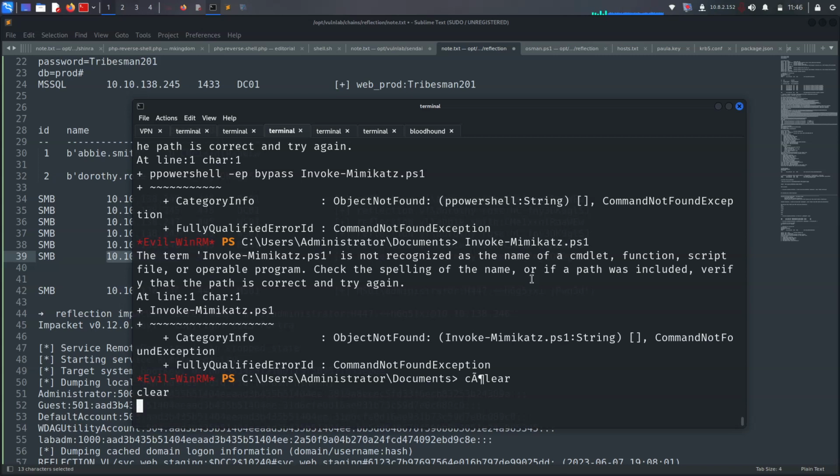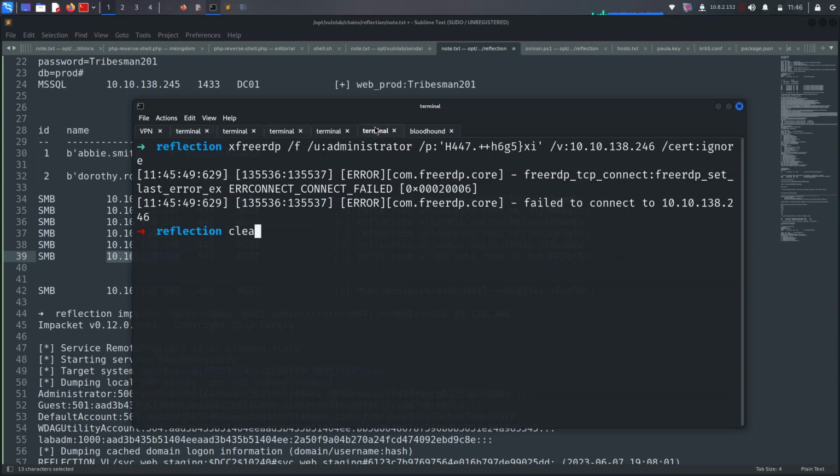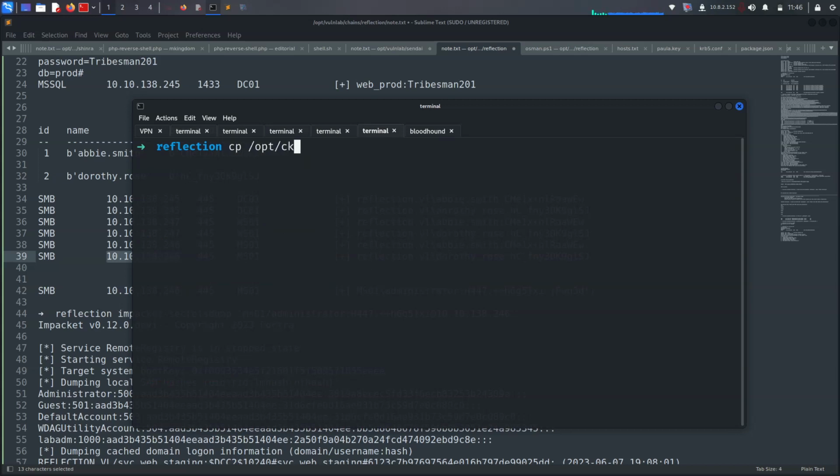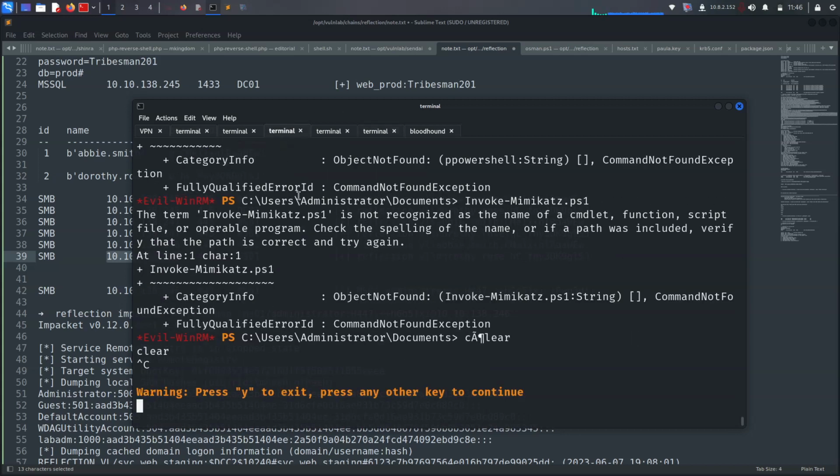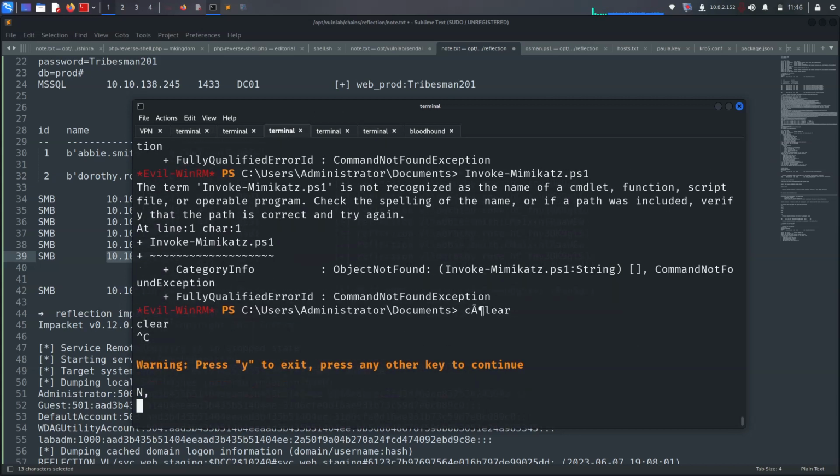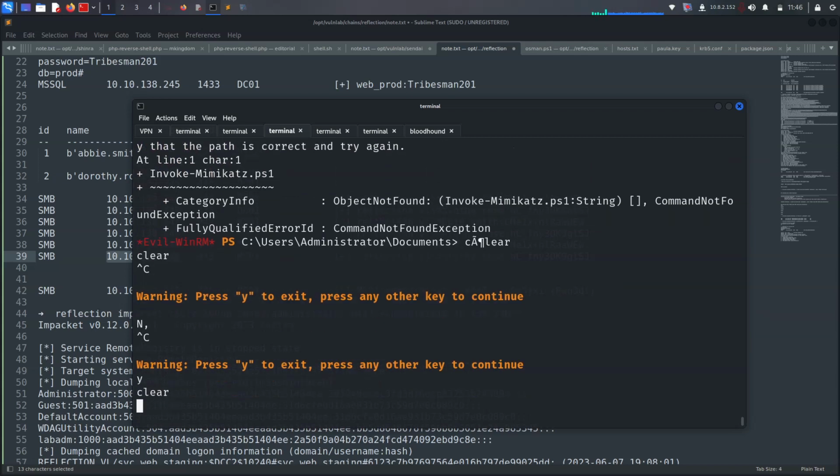Can we use it here, sliver maybe? Right, cp opt sliver. I think it's not needed here. Okay, let's exit here. Then use different things here. So like on sliver, we can try to use